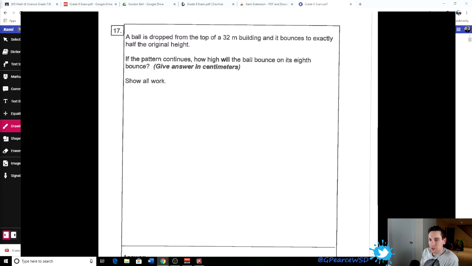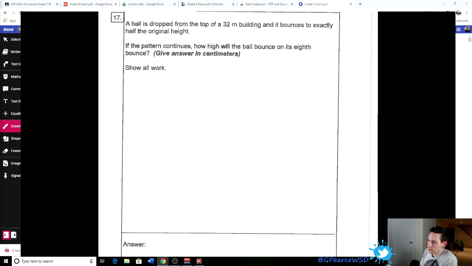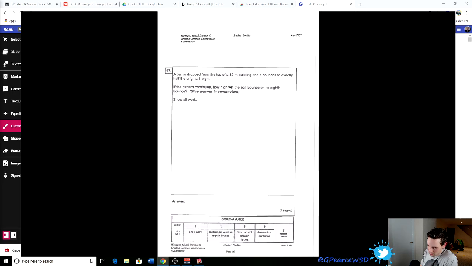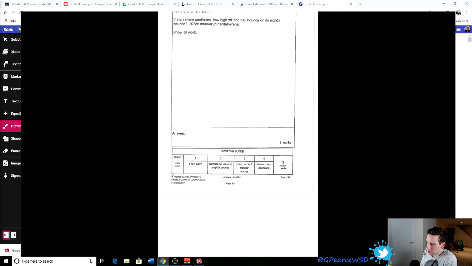All right, question 17 here. A ball is dropped from the top of a 32-meter building and it bounces to exactly half the original height. If the pattern continues, how high will the ball bounce on its 8th bounce? Yeah, okay. So you're dividing things by 2. You could probably write a formula for that, but just doing the long work, showing it out, I think would be the best, right? And you have lots of space in here. If you look at this page, all this space, and then again